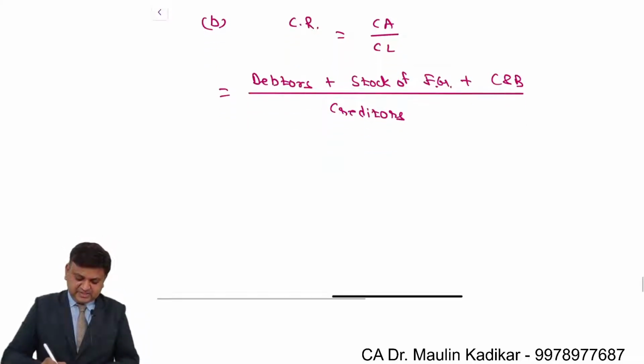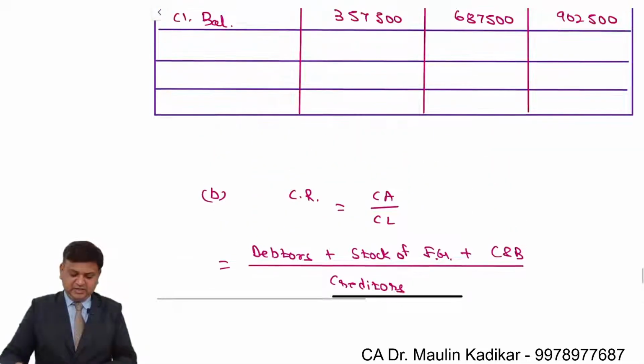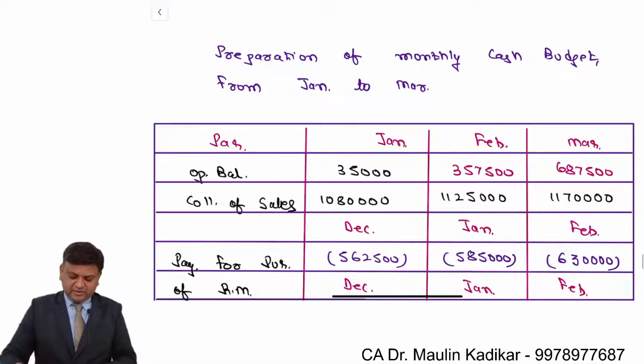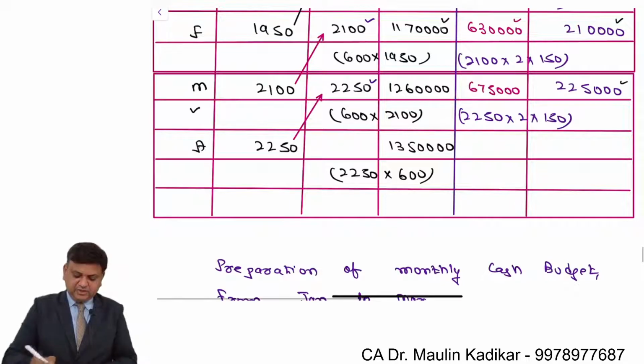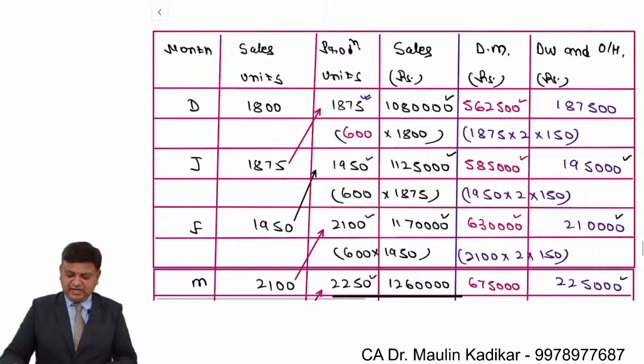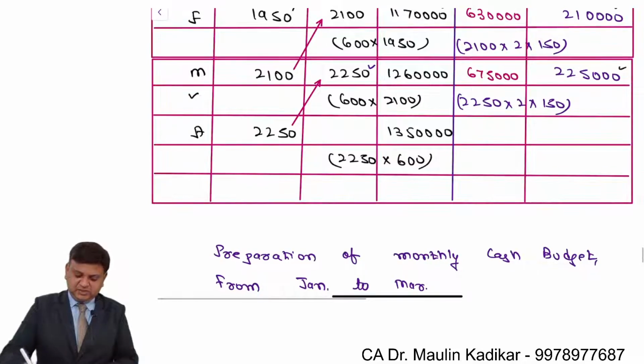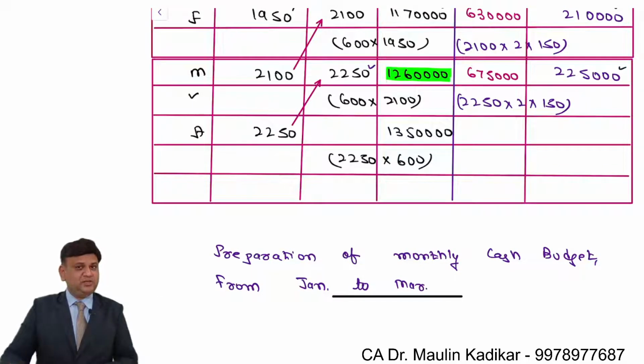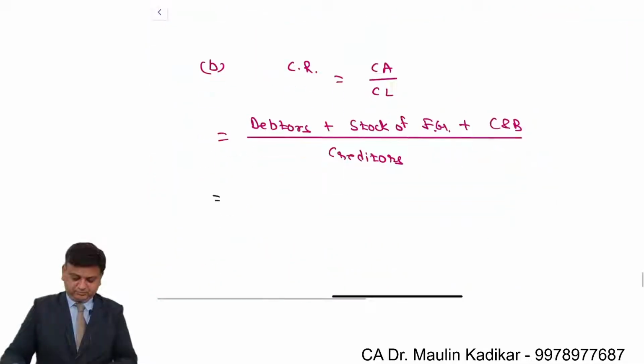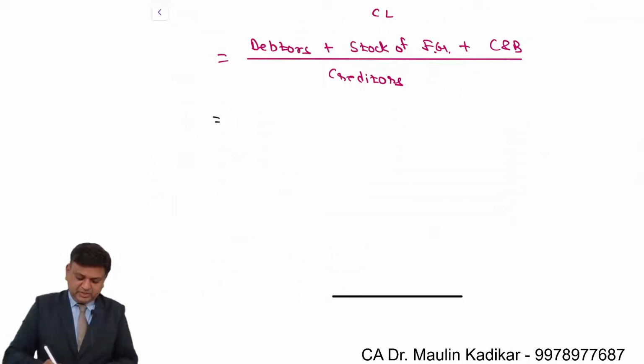Now, as far as the debtors are concerned, it's very simple. We understand that we have an average collection period of 1 month. So in the month of March, whatever the sales that we have, this 12,60,000, it would be outstanding. So this 12,60,000 is considered to be the debtors. So over here it is 12,60,000